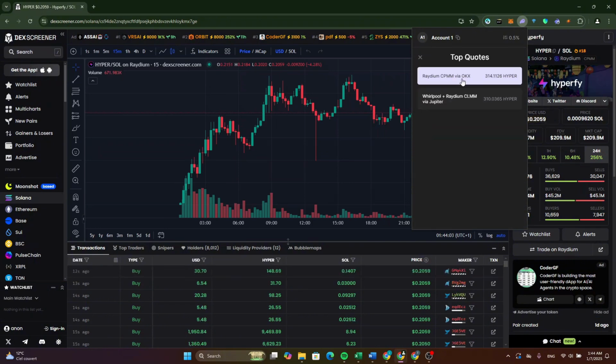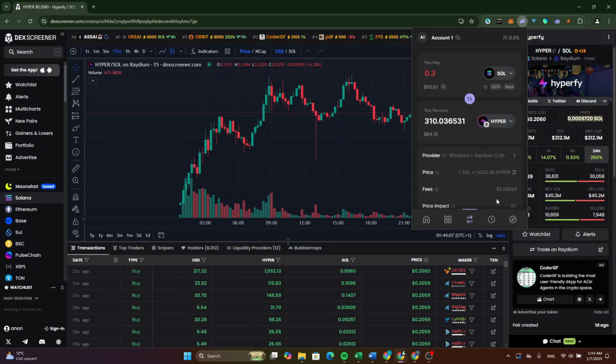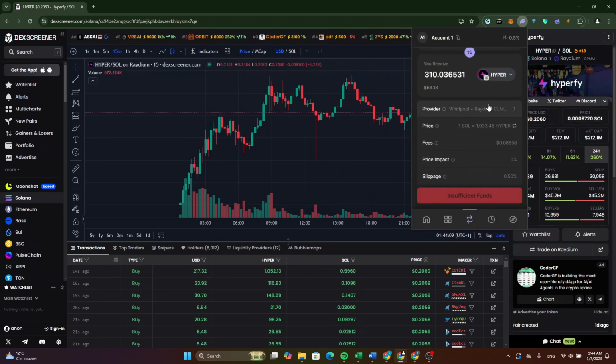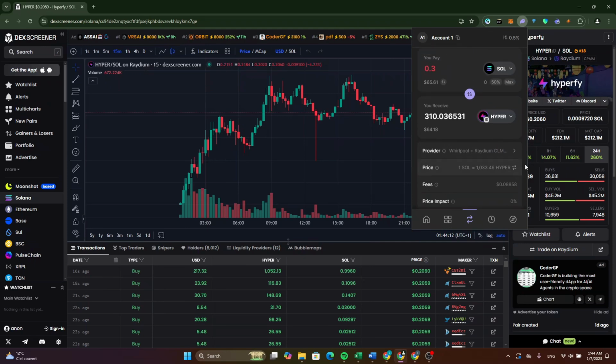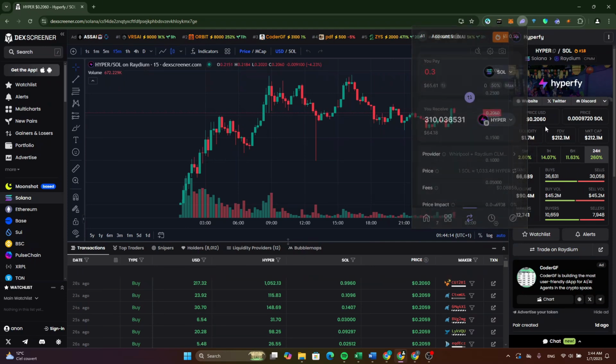After that, select the provider, for example, Jupiter or Raydium, as you can see. Just click on it. After that, make sure to read all of that information and click on swap, and you will be able to buy this token without any issue. So this is how to buy